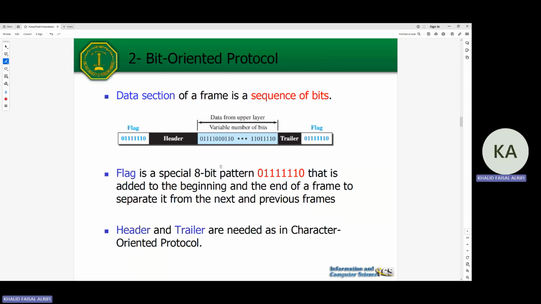Yes, the bit-oriented deals with the zeros and ones, okay? Same concept, but here the flag is a special character. It's not written as flag, it's written as 0, 1, 1, 1, 1, 1, 1, then 0. It's constant. This is an abbreviation of it: the 0, then 6 ones, and then 0. And the header and the trailer are also needed in